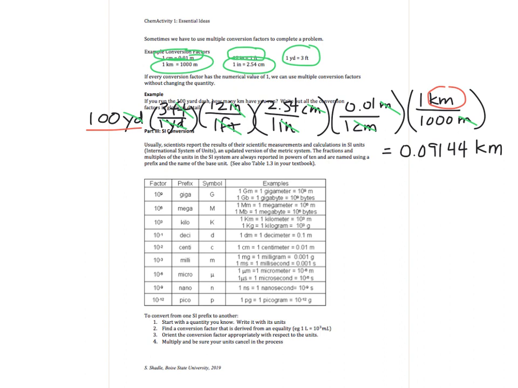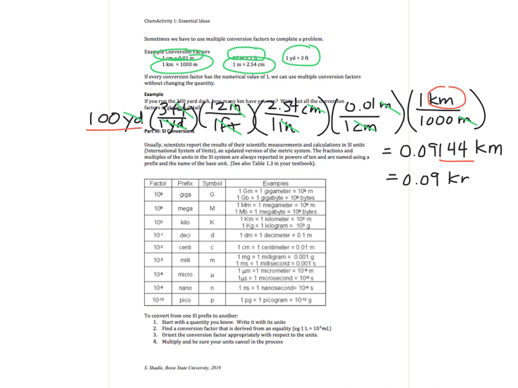So I get 0.09144 kilometers. Now, the sig figs here are a little messy, and I shouldn't have done it this way, but remember that these zeros here are ambiguous. We don't know what they are. So I'm going to assume that the only significant digit I have here is the 1. That means that everything but the 9 is going to be insignificant. So I would report